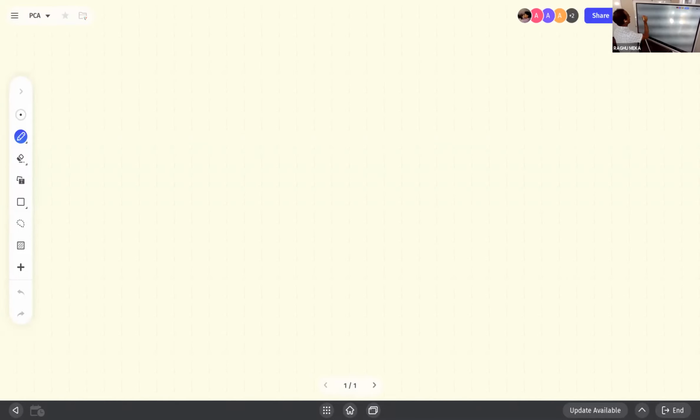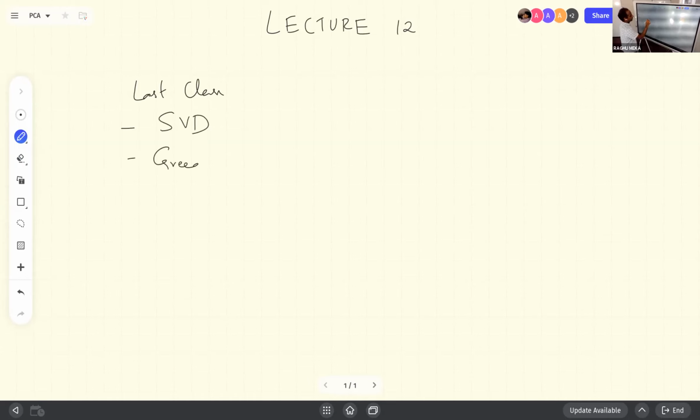Okay, so last class we were, this is lecture 12. Okay, so last class we talked about singular value decomposition, the greedy algorithm for computing SVD, right? So we defined singular value decomposition, and its properties allowed us to say that we can